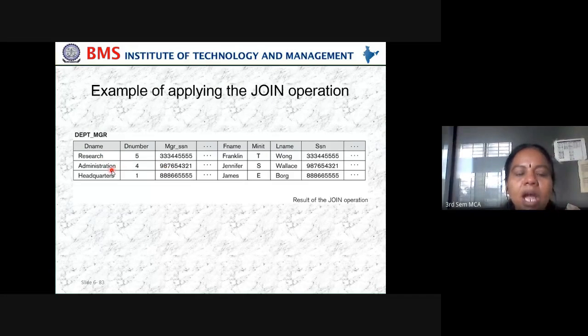In the same way, administrator is a department having a manager with this social security number. And headquarter has department number 1, with its manager SSN. So this is what is called a natural join. The manager social security number and social security number are common among all of these. So that is what a join operation does.